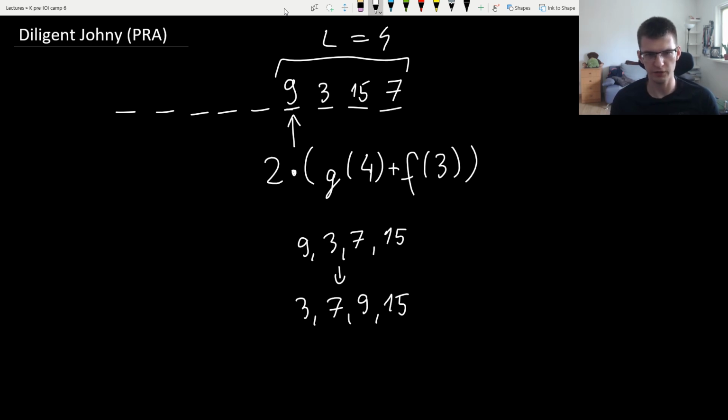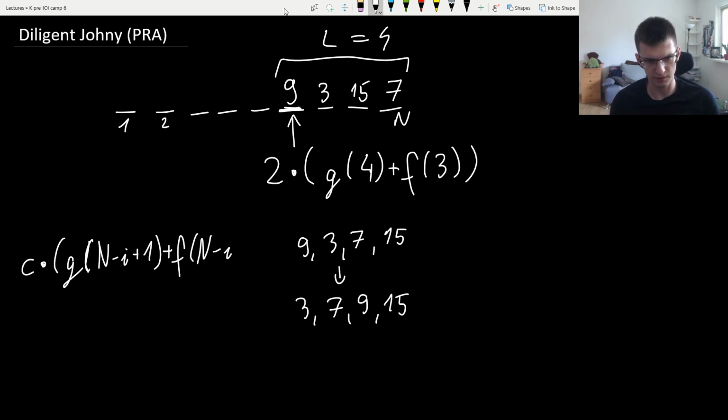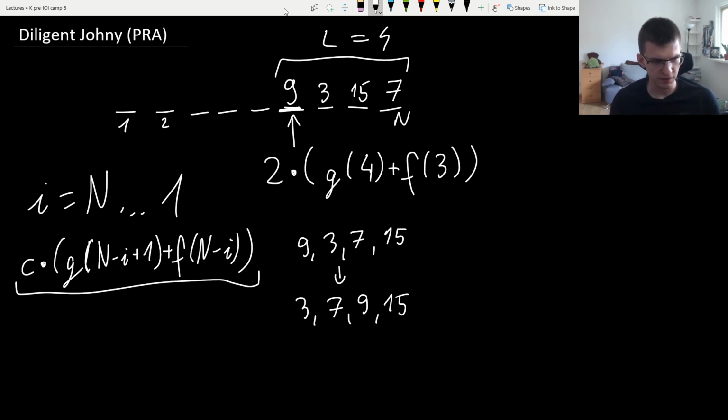Yeah, for every number we need to find the number of smaller things, let's say that it's C, times g of, if we number things 1, 2 up to n, it will be g of n minus i plus 1, this is the length of the suffix, plus f of n minus i. Iterating with i from n to 1. We need to increase the answer by that. And the final thing is how to compute C, the number of numbers smaller than the ith number that are to the right. We can do it linearly to solve the second subtask and get complexity n squared, and to get O of n log n for the whole problem,